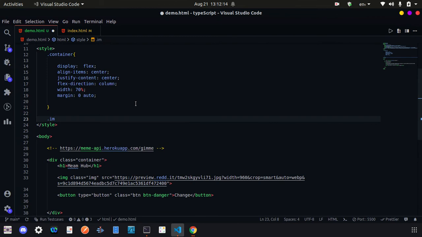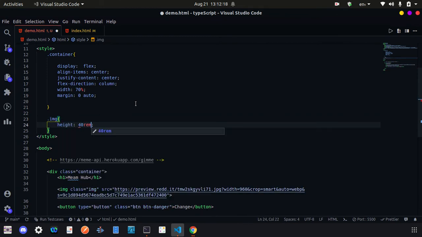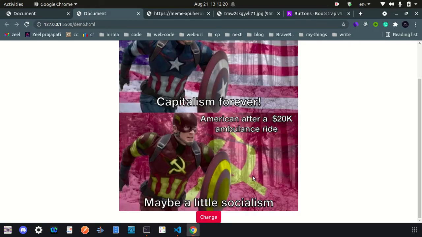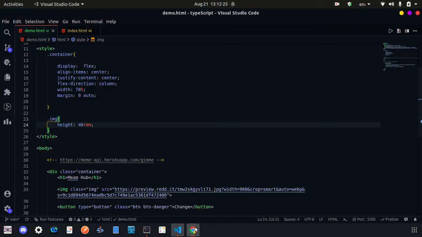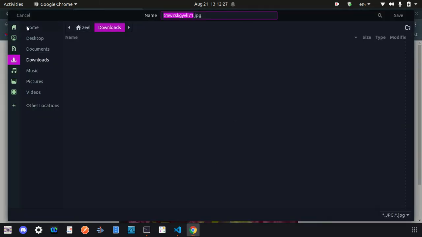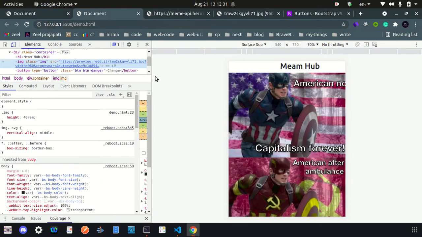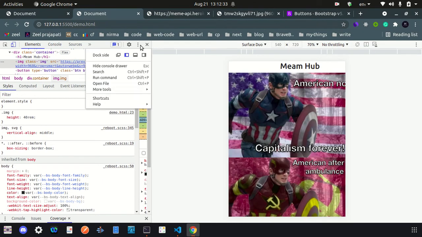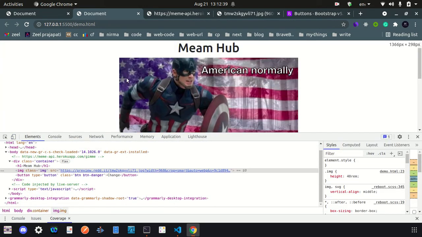Let's target the img, and we are going to give it some height, let's say 40 area, and that's it. Okay, let's make it a little bit smaller. By the way, you can do this here, only in the console, and when you are working with responsive, then I use this layout, but we are not making it responsive.